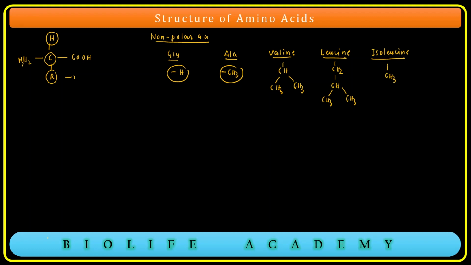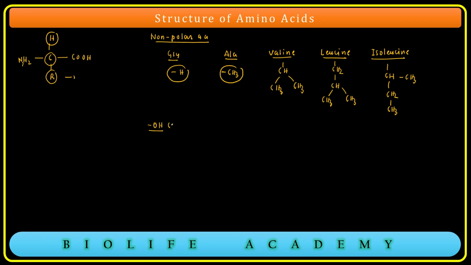CH, it will be like CH, CH3, CH2, CH3. These are all non-polar amino acids, and these groups are attached to this chiral carbon in the place of this R group. Now coming to the amino acids where we can see an OH group is present,